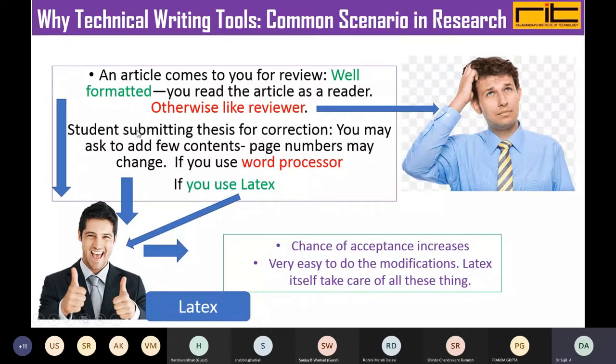And another thing, if you are a supervisor of some PhD scholars and your students are giving thesis for corrections, what will you do? You will obviously check the thesis and give some corrections. Sometimes in that correction, there may be some addition of contents and some deletion of contents. At that time, if you ask the students to add some figure or some contents to the thesis, then obviously the page number will change by adding each content to the